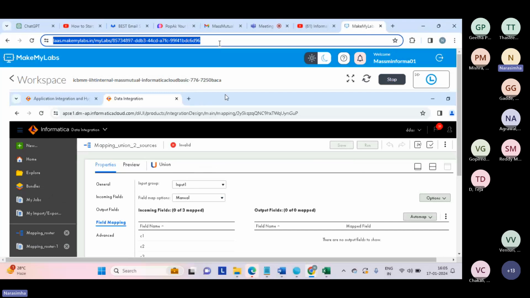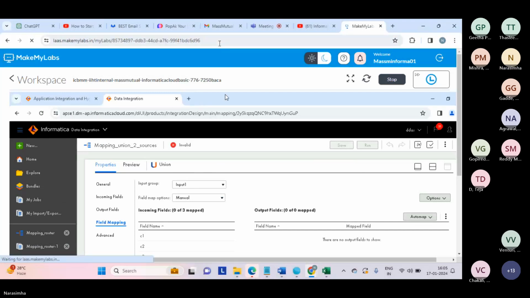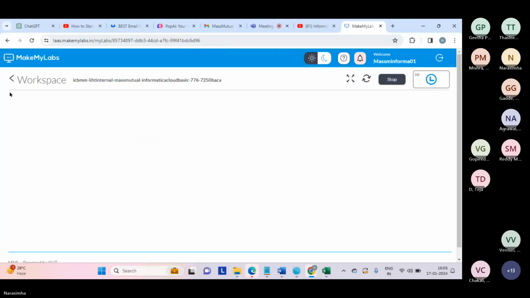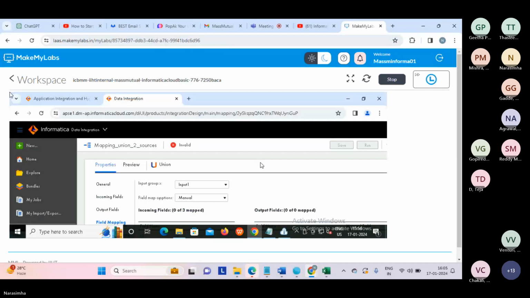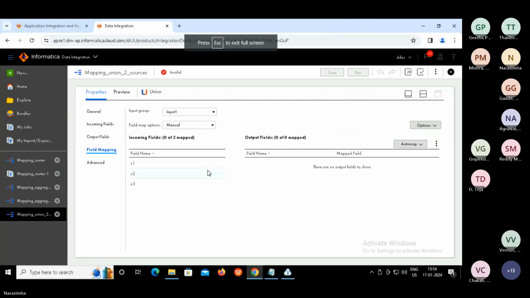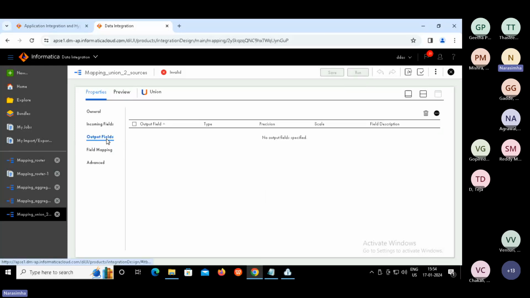Okay, refresh. Now if you look at the output fields, we don't have any output fields. Add and map it. Click on the three dotted button in output fields, guys.